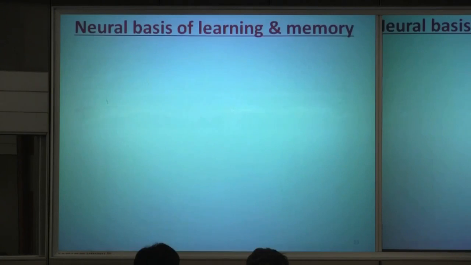So this comes to the problem of what is the neural base of learning and memory. Now you might think that after so much talk about progress in brain research, we should know what is the memory, where is the memory, and what is learning. And I can tell you that we know very little still.